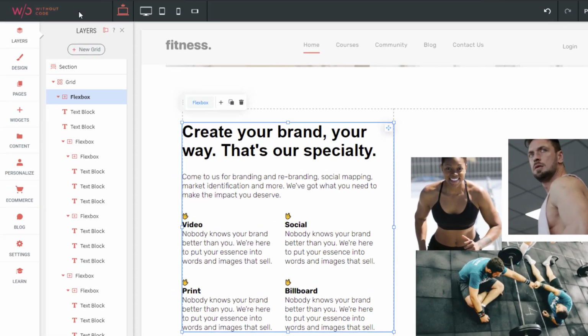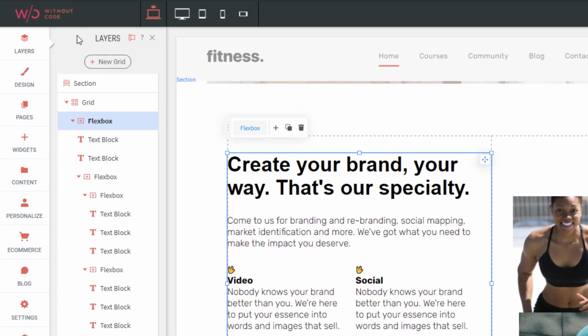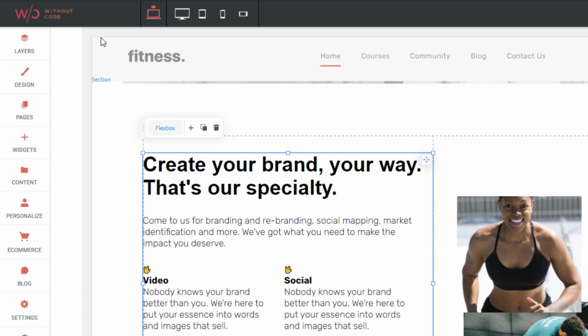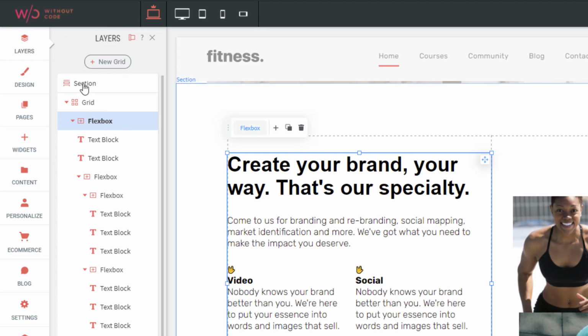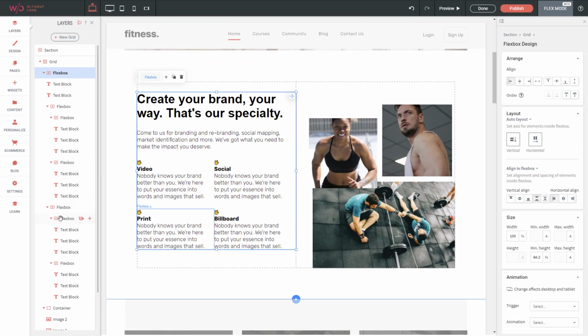Next up on the left side, we have our layers panel, and the layers panel may be closed by default. So when you enter a Flex section, it may look like this, and we just click layers at the very top, and we're presented with a brand new layers panel. Now, the reason that you need a layers panel in Flex is because there are a variety of containers and boxes in Flex that hold content. And sometimes if you have a lot of content in those, it's very difficult to grab kind of the containing